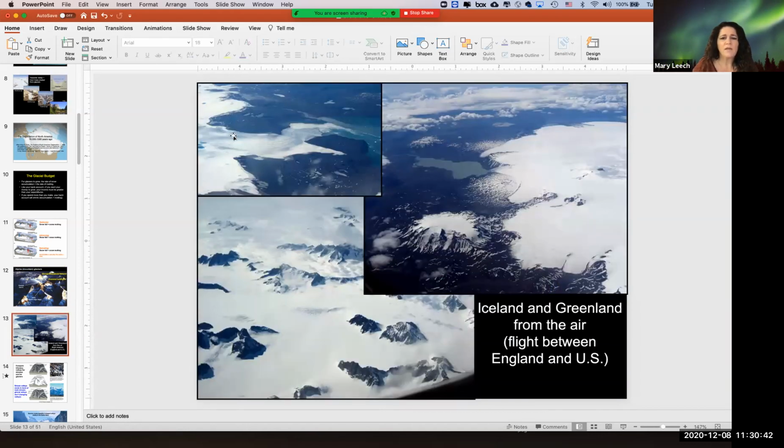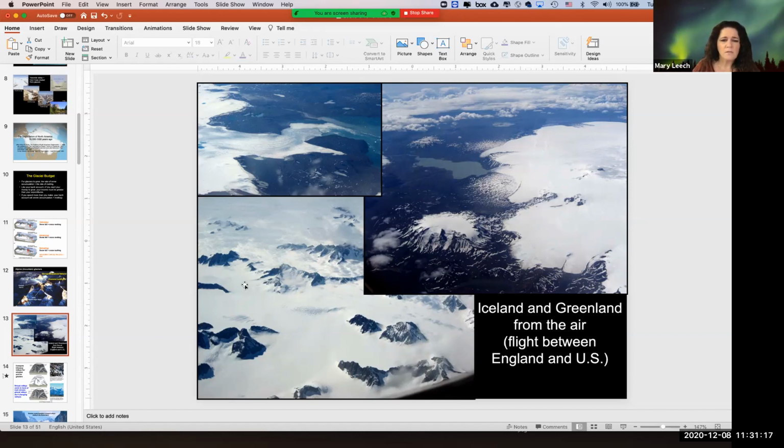You can see, okay, so these are some pictures of Greenland taken from the air. When you fly from the United States to Europe, or to England specifically in this case, you often take a route that goes over Greenland because it's a shorter line to go across the northern latitudes than it is to go around along a latitude. Look at a globe sometime or think about that, but really that's what happens. You fly over Canada, you fly over Greenland and Iceland, and then you drop down into Europe.